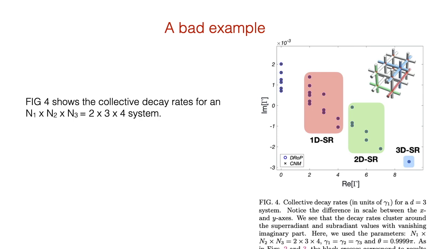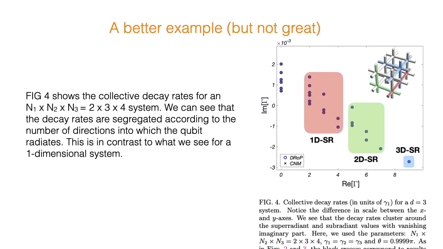This is a bad example of how you should present your results. A better example is to follow that with an explanation. We can see that the decay rates are segregated according to the number of directions into which the qubit radiates. This is in contrast to what we see for a one-dimensional system. So that's okay, it's a little bit better, but the problem is that as you're reading this paper, the text